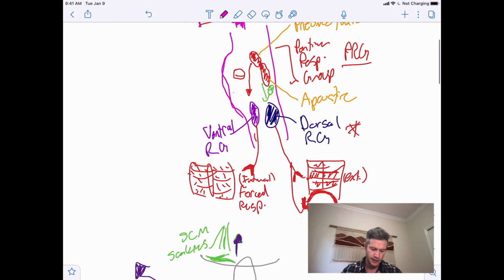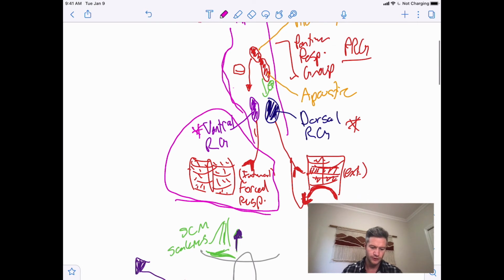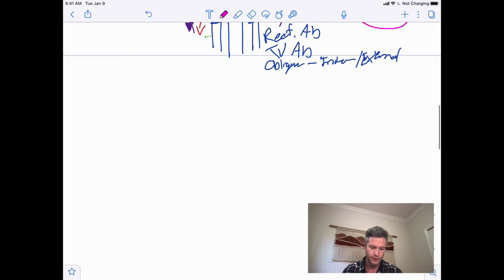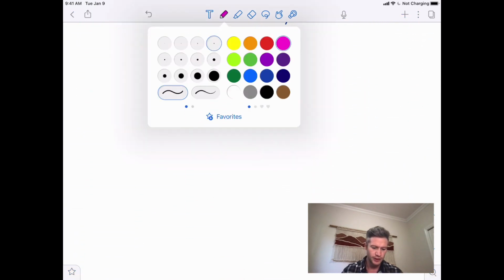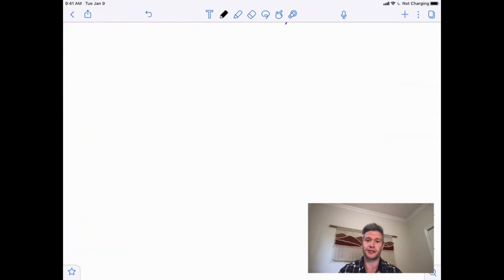And just again up here as a little reminder, our forced respiration occurs from the ventral respiratory group. Okay, so with spirometry, ultimately what we do measure is different changes in, one is a flow rate, so how much volume is exchanged over time, but also total volume as far as